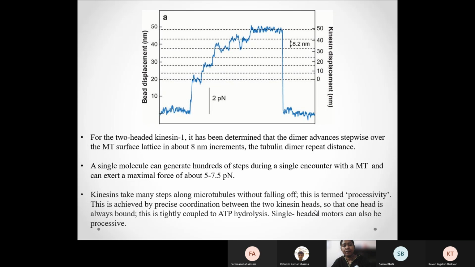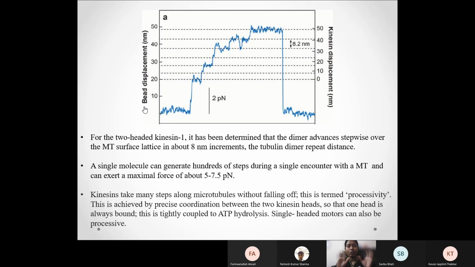So with this, we come back to this AFM measurement of a kinesin, two-headed kinesin motor. And what do we see here? We see here the bead displacement, and we see kinesin displacement. So bead displacement is going to give us